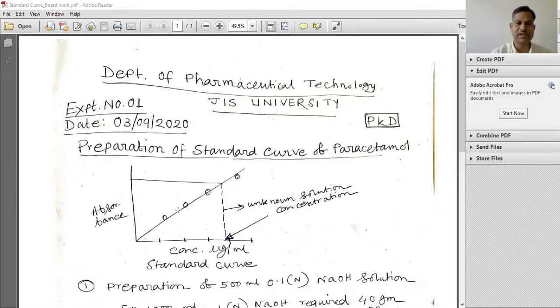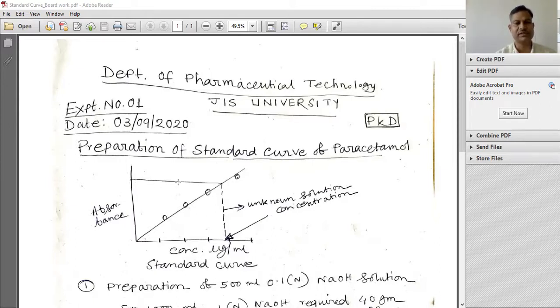Suppose we have an unknown solution whose concentration is not known. You just take the reading of absorbance in the spectrophotometer and put that value. Suppose this is the absorbance value. Now you draw a straight line which will intersect this standard curve, and then you go straight down, and it will intercept the concentration axis, and that will be the concentration of that unknown solution. So from the graph, manually you can calculate,